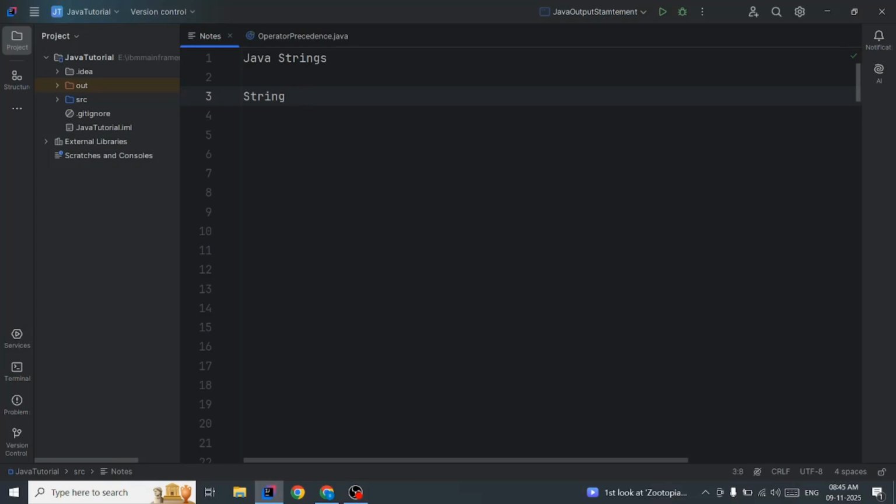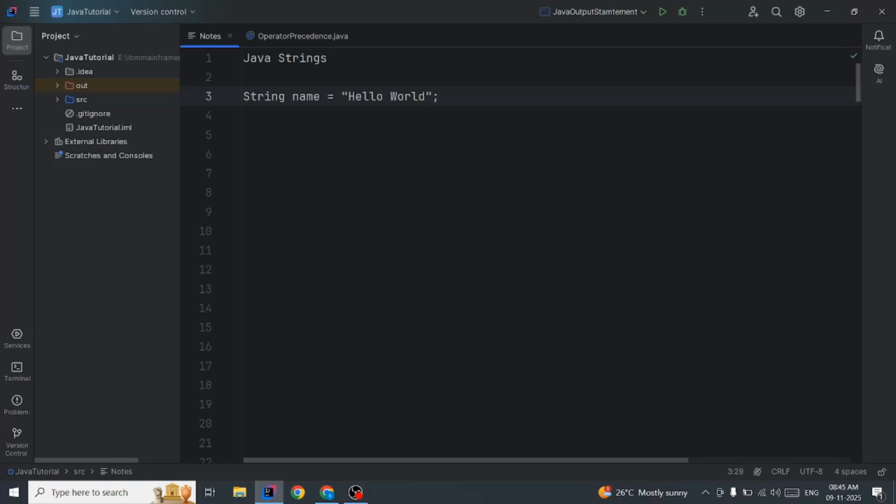I will keep it as something like name, and then we assign a value. The string has to be within double quotes, so that's why I added double quotes. So I will add some value like hello world,